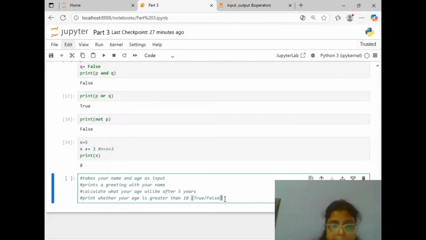Great job. We have covered input, output, typecasting, and operators. With this, we have also revised our part 1 and part 2. These are the tools that will make your program smarter and more interactive. In the next part, we will jump into conditions, if else statements. That's when programs really start making decisions.